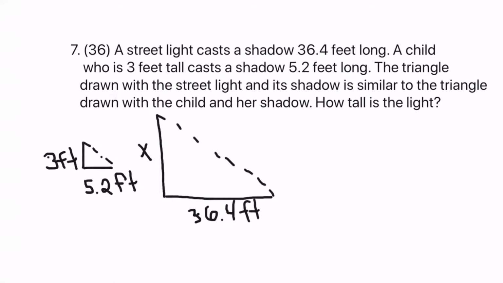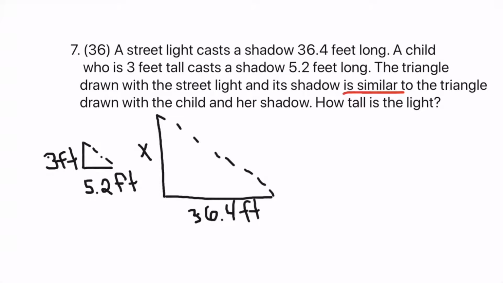It says a street light cast a shadow 36.4 feet long. A child who is 3 feet tall cast a shadow 5.2 feet long. The triangle drawn with the street light and its shadow is similar to the triangle drawn with the child and her shadow. How tall is the light? Since we know these two triangles are similar, we know that the side lengths are proportional, and we can set